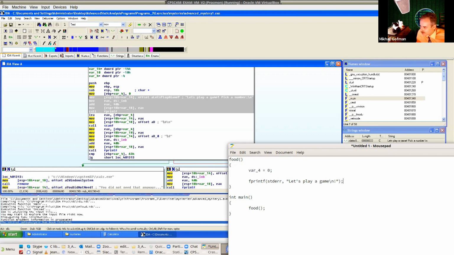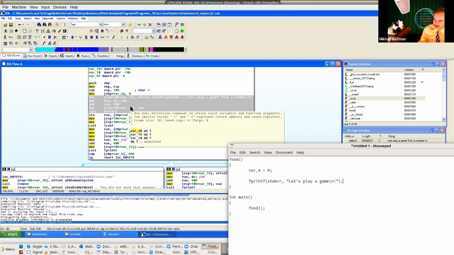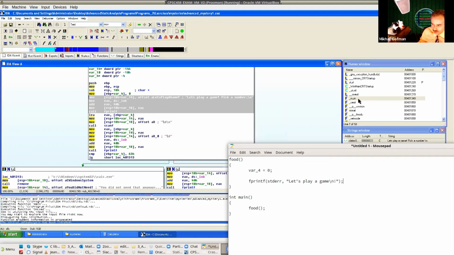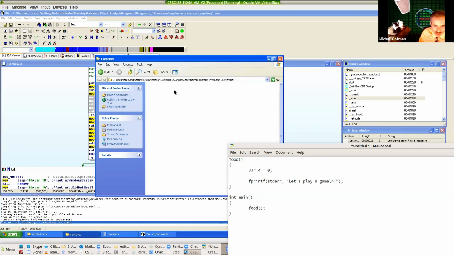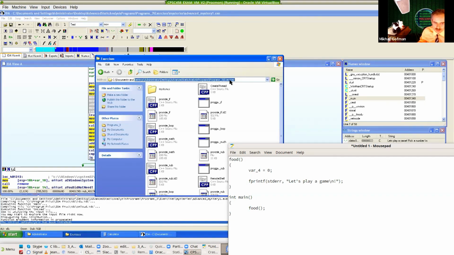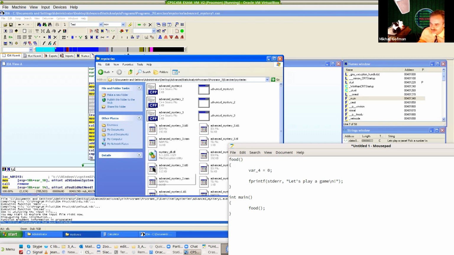And then Lauren's asking, how did I know where I am right now? Can you please elaborate? Oh, yeah, I'm in the third function. So basically, oh, I see the file name. Yeah, it's called advancedmystery.exe. It can be found in the mysteries directory inside exercises. There is the mysteries directory. So yeah,